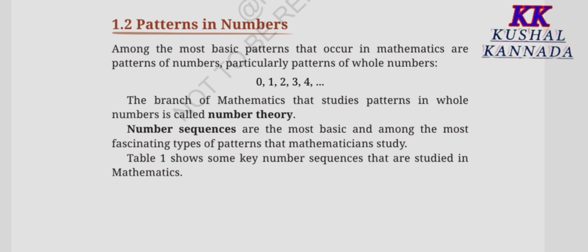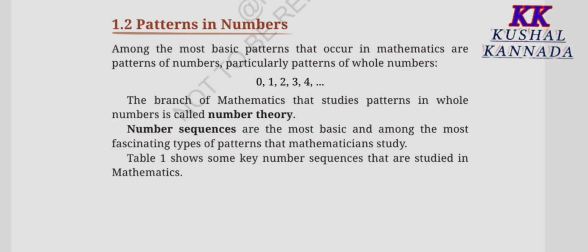In this chapter, you will learn about various number sequences such as triangular numbers 1, 3, 6, 10, squares 1, 4, 9, 16 and cubes 1, 8, 27, 64. Each sequence has a unique rule that generates the next number, and you will be challenged to figure out these rules